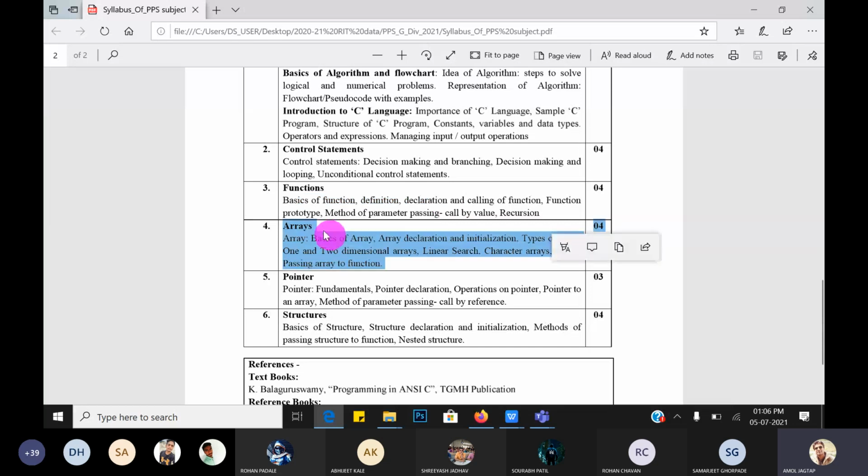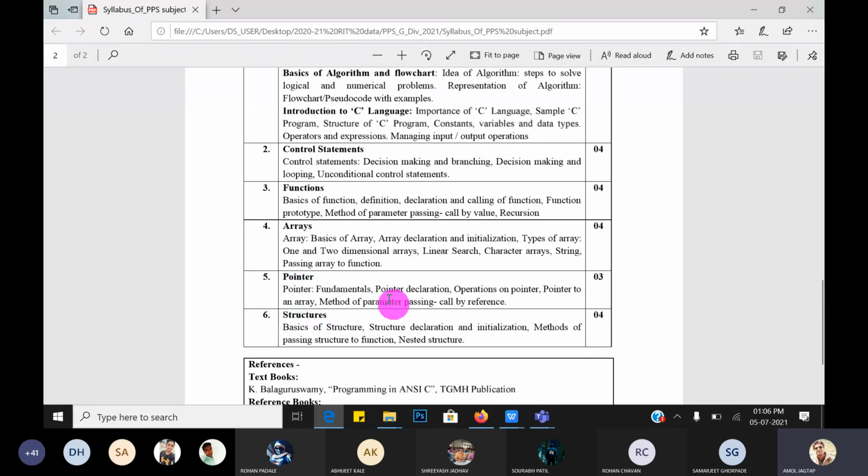Next is the arrays. What are the basic functionalities of the array, how we can declare and initialize the array, and the different types of array. We are focusing on only 1-dimensional and 2-dimensional arrays. On that, linear search, character array, and string. All this syllabus is in the array. Then there is a pointer chapter and the last one is the structure.